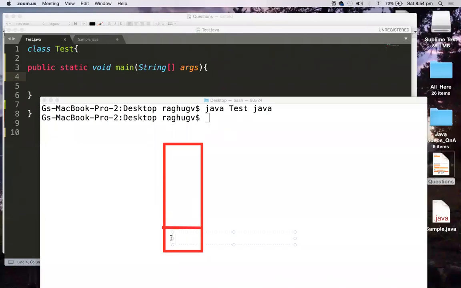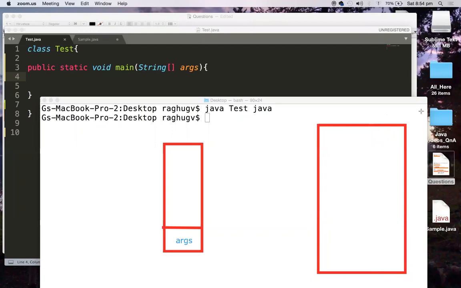And this args refers to an array, which is implicitly an object. All objects are created in your heap memory. Let us assume this is your heap area, a big memory. This is the main memory, or the RAM. In the main memory, the heap allocated for this particular program may be of this size.